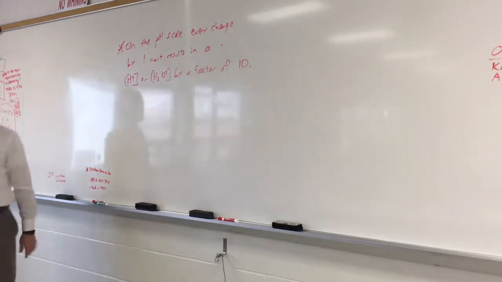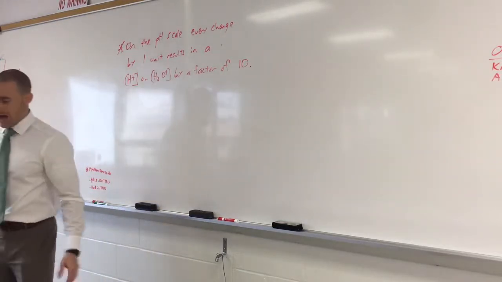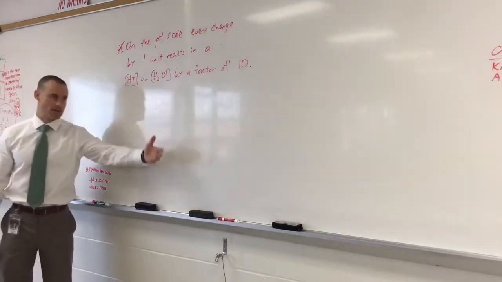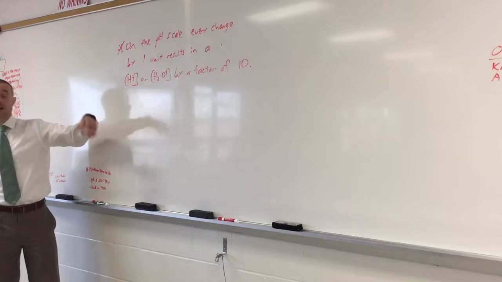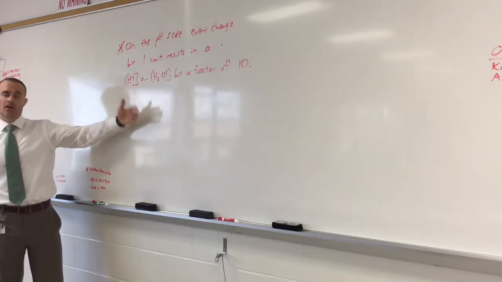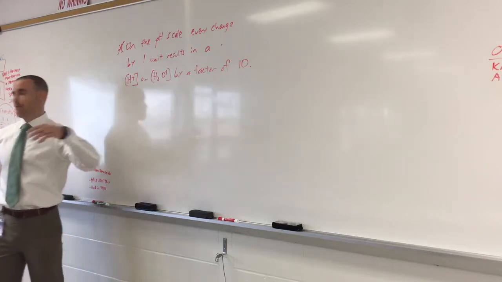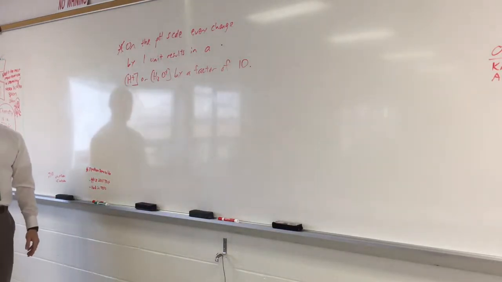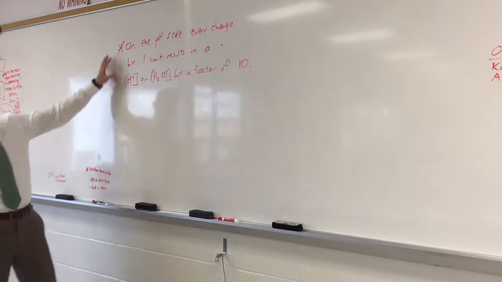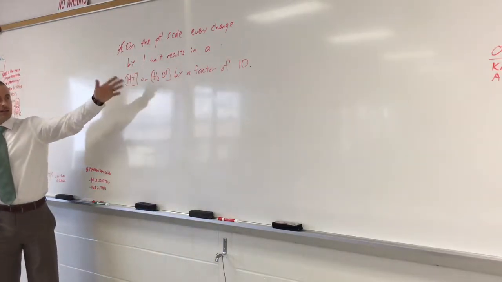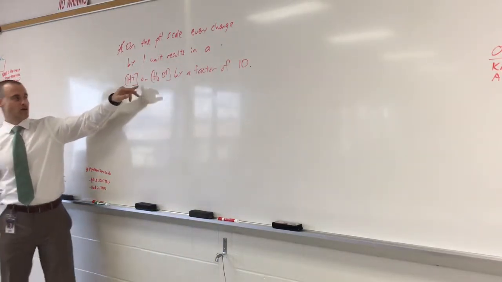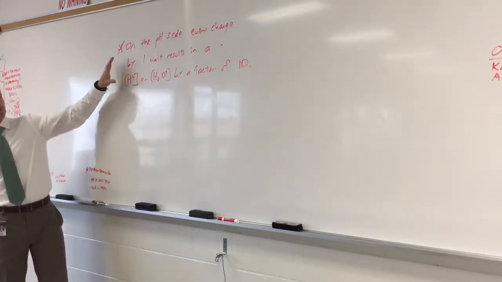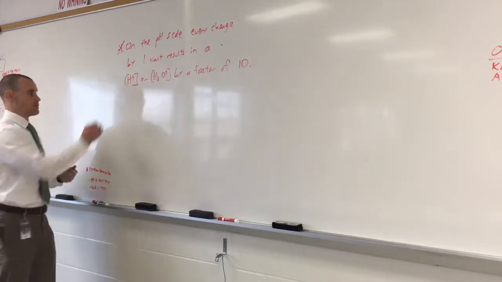So for questions that say, how many times more acidic is this solution than this solution? How many times more basic? Or what is the H plus concentration? What is the OH minus concentration? And then how many times more acidic or basic based on that concentration? Again, every unit is changing by a factor of 10. Now the OH minus is going to change as well, but we can figure that out afterwards. This is really how I want you to think of it. So again, for example here,